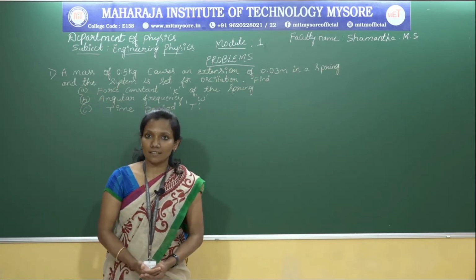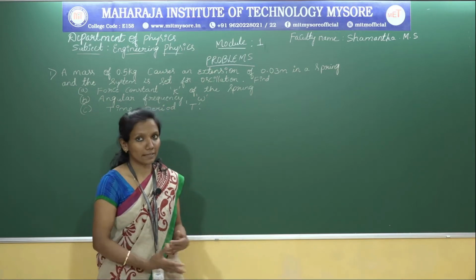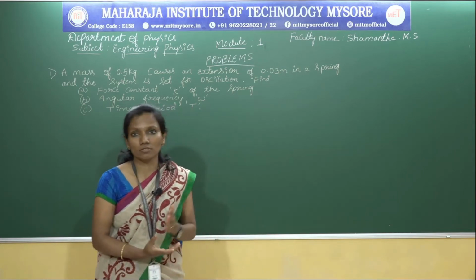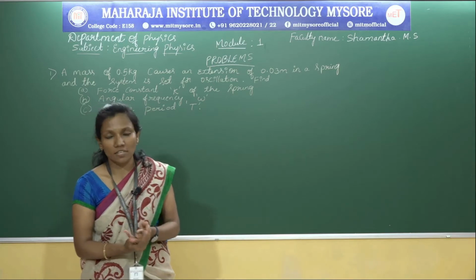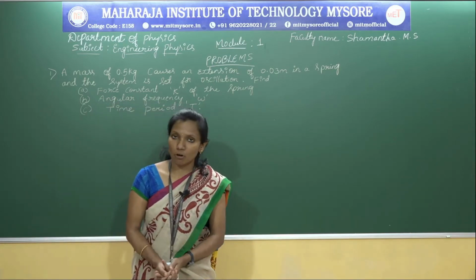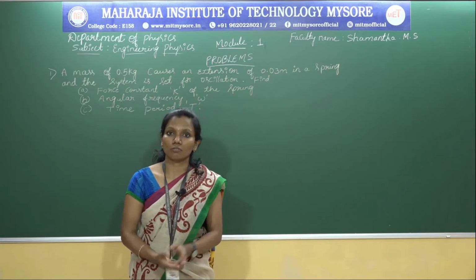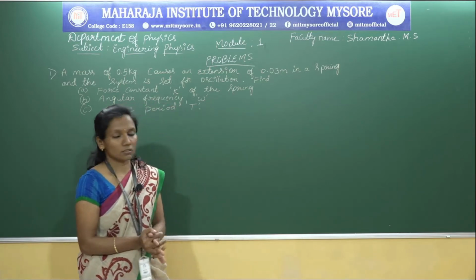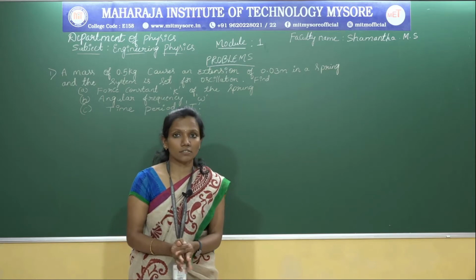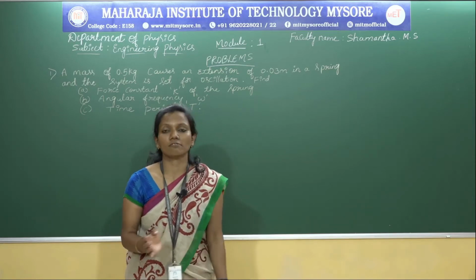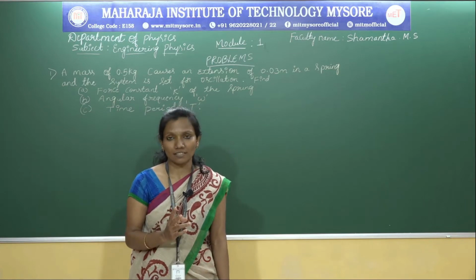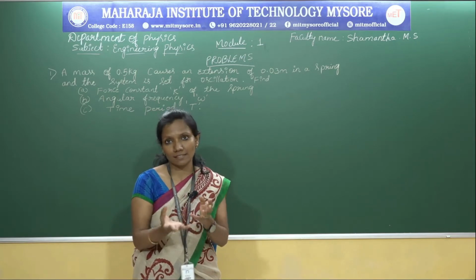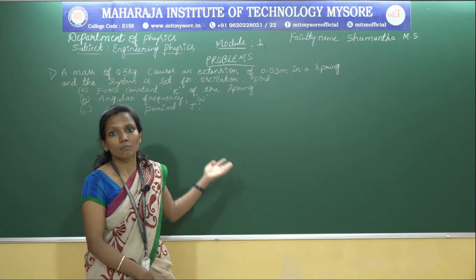So, we studied the simple harmonic oscillator theory, the types of oscillations, the spring constant and its physical significance, the mechanical simple harmonic oscillator, and the time period formula. In the mechanical oscillator, we find the time period and frequency for a simple harmonic oscillator. Now we have to apply all these theory concepts and solve these problems.